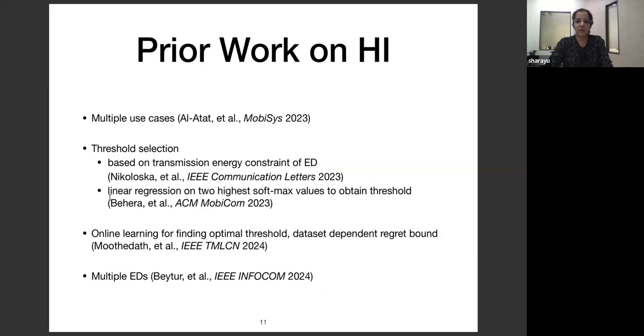Before going into our work, I'll give you a quick overview of the kinds of things that have been looked at for this idea of hierarchical inference. There have been a handful of works that have been published over the past couple of years. In the first paper shown here, the authors present multiple use cases and show that hierarchical inference is indeed a promising approach. In the second work, the authors make the offloading decisions by computing a threshold offline using some training